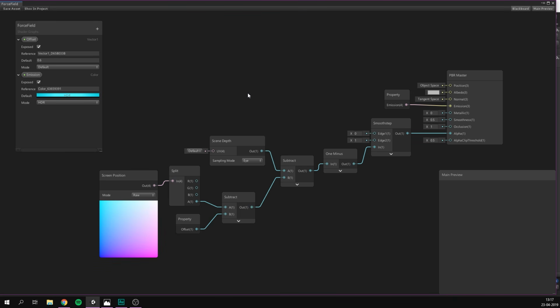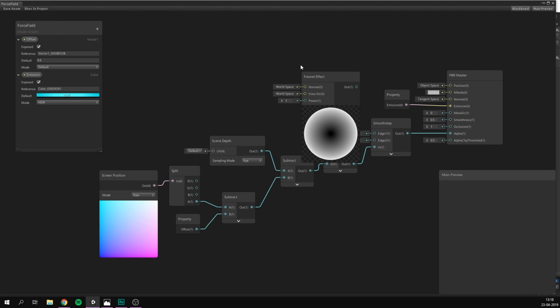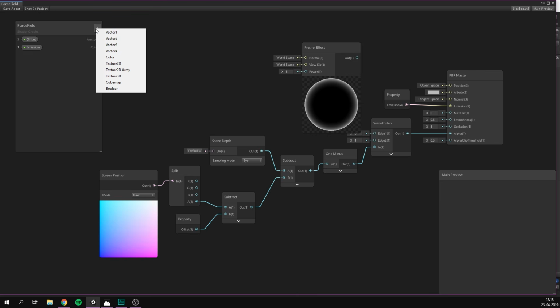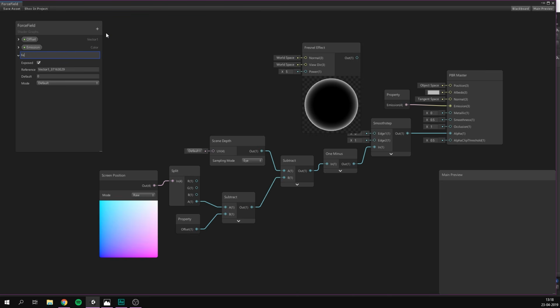The next part is actually fairly easy. Here we want to add the glowing outline to the rest of our model. And if you watch my videos for a while, you might know that I'm a big fan of Fresnel. So that's exactly what we're going to be using here. Let's add in a Fresnel effect. Let's set the power to something like 5. And we should probably make this adjustable from within the editor. So let's go ahead and add a setting for that as well, a Vector 1. Let's just call it Fresnel Power. And let's default that to 5,